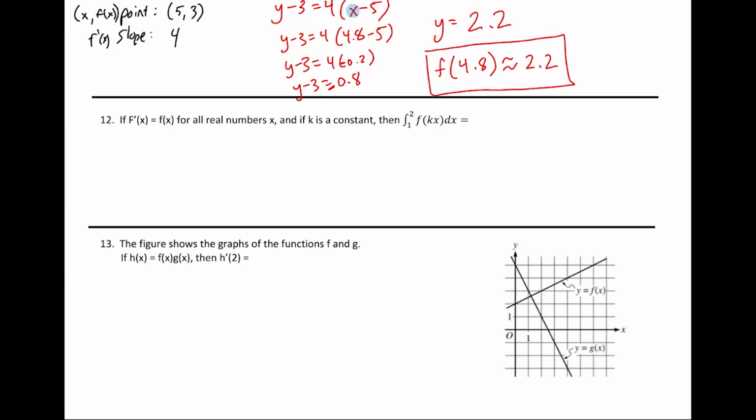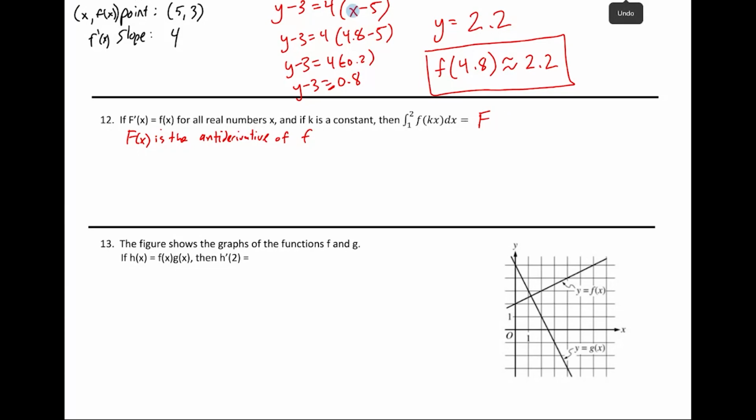Since little f is the derivative of big F, that means big F is the antiderivative of little f. Okay, that's going to come in handy when we try to do this integral here. So using the fundamental theorem of calculus, this will equal the big F of